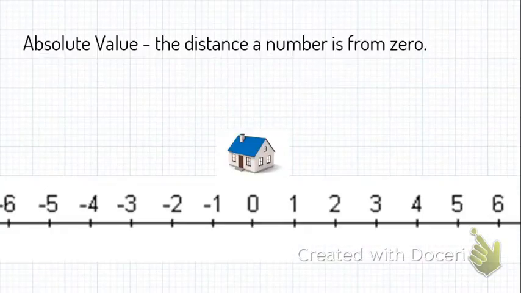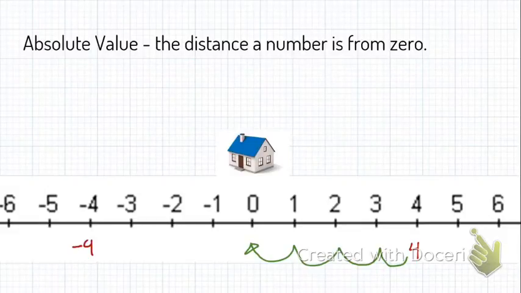Okay, so here's another way I like looking at it. Let's say you had your house, right? And let's say you walked 4 blocks away to +4. How far away are you from your house? Well, you're still 4 numbers away, so the absolute value from your house is 4. Well, what if you are -4 blocks away? How far are you from your house? Are you -4 blocks away from your house? No, you're positive because you don't go negative distance, so your absolute value is still